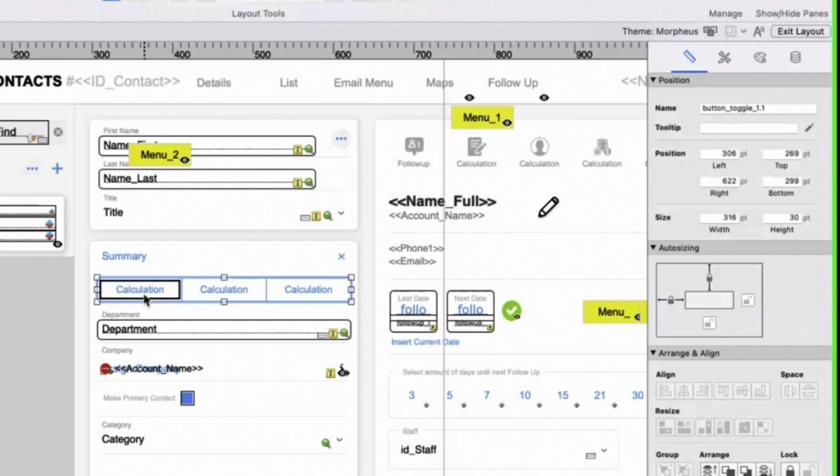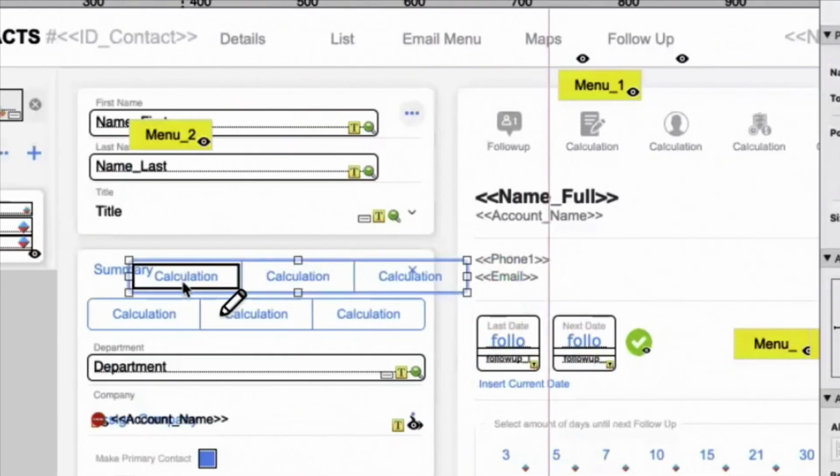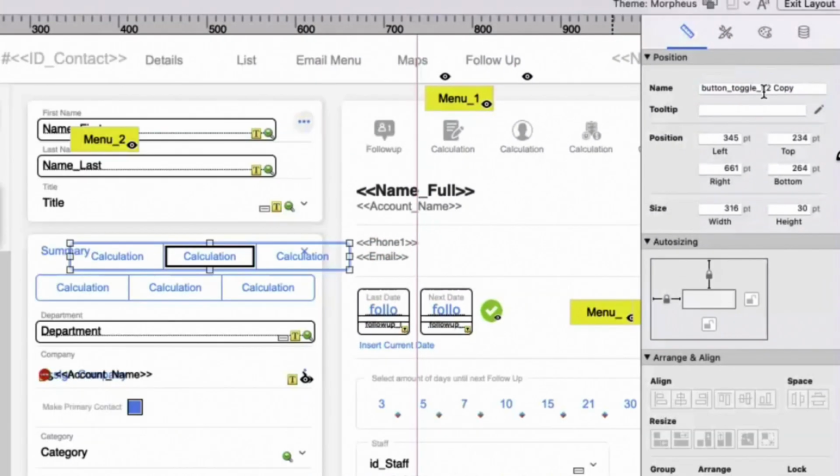So here I name my button always the same, button toggle 1.1. Why? Because if I duplicate it, it will become 2.1, and 2.2, and 2.3. When he duplicated it, it changed that first numeral.